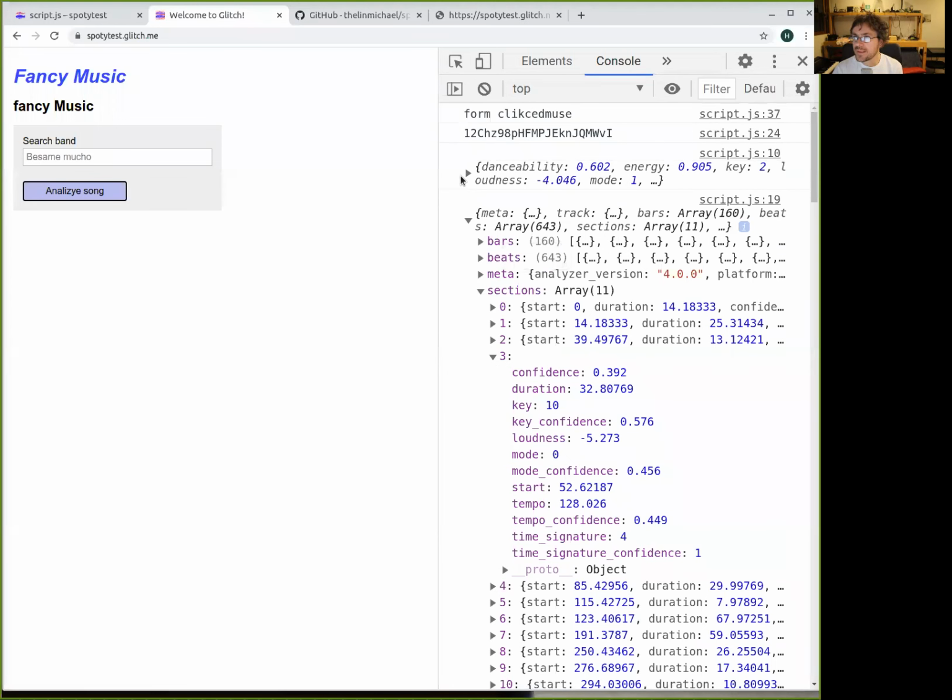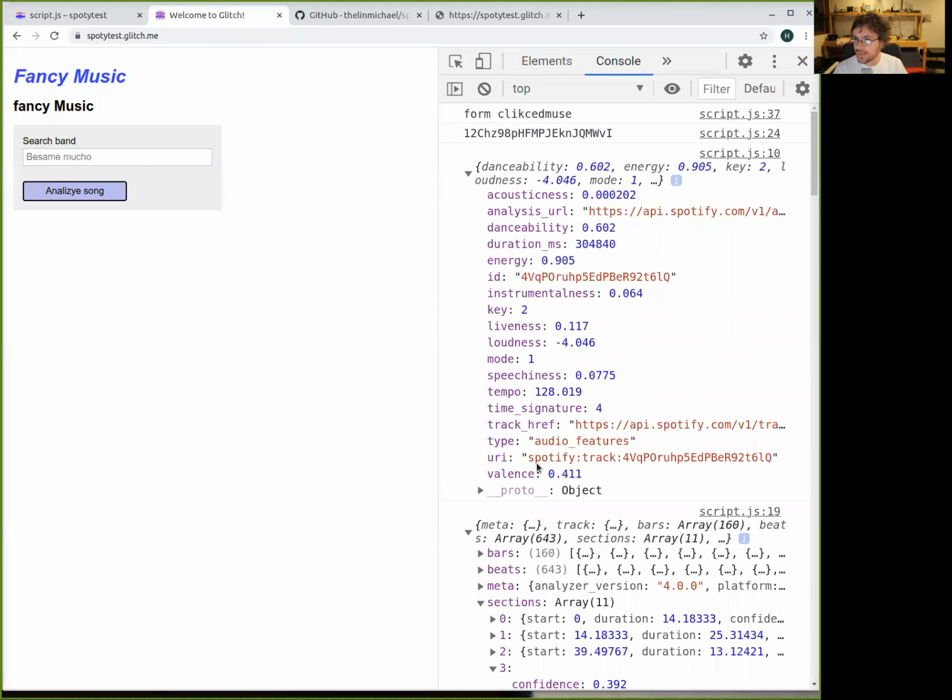Maybe not, maybe yes. If we have it, it would be here, right? Preview URL. No, there is no preview URL for this one. Which is a shame. I guess some songs give you the preview and some songs doesn't.